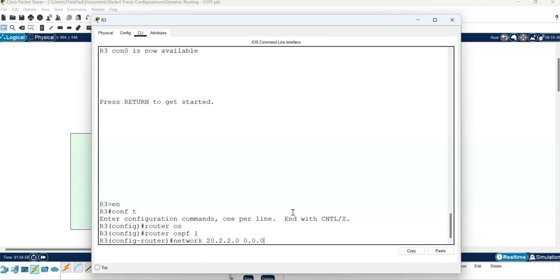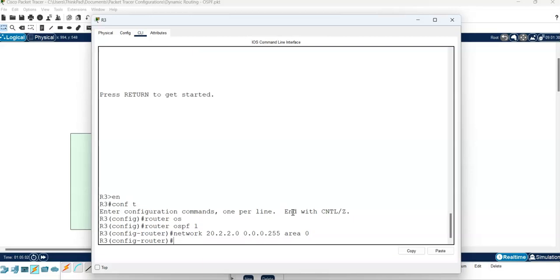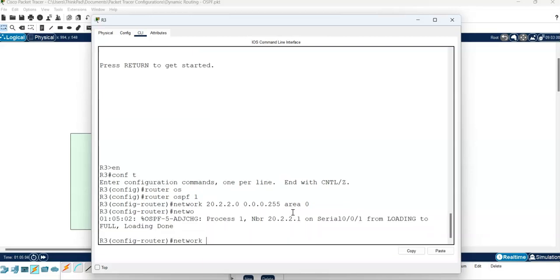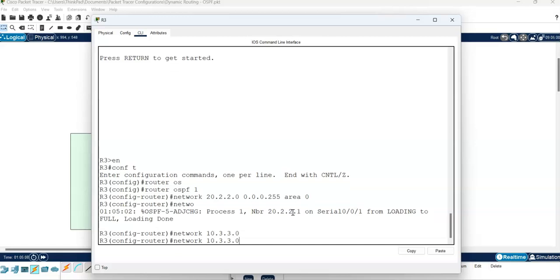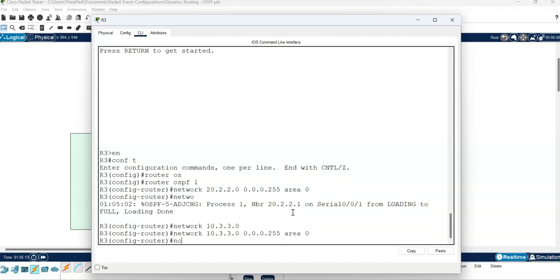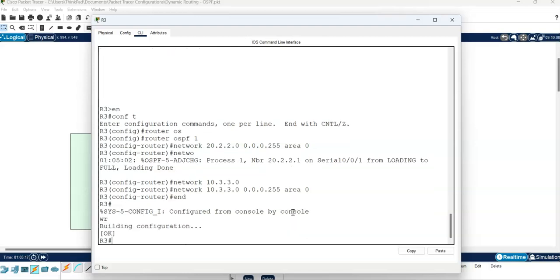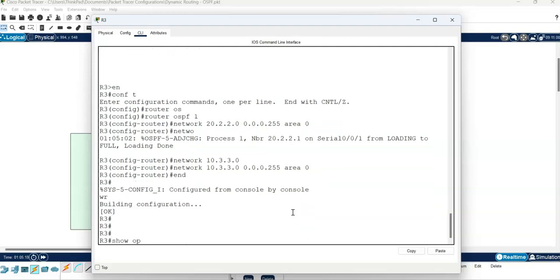20.2.2.0, 0.0.0.255, again area 0. Then network, which is a local LAN, 10.3.3.0 and 0.0.0.255 area 0, and then if you say end and then save it, if you say show IP protocols,